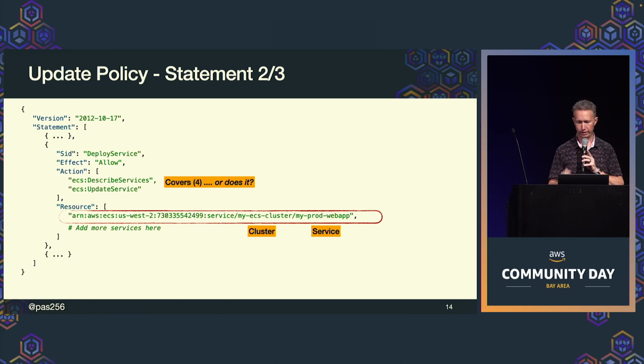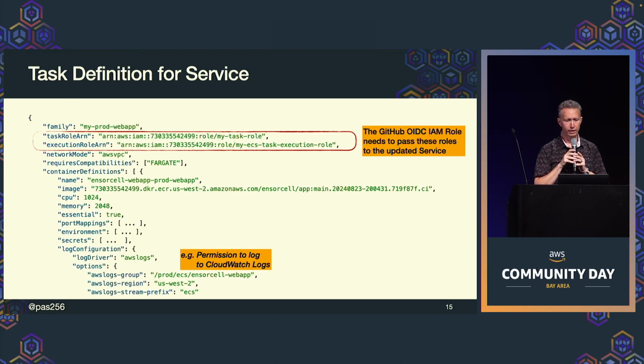If you take a look at your task definition, there's a good chance that you'll have either a task role or an execution role that is running as part of your ECS task. These are the permissions that are needed by your application to go and talk to AWS services, or by the ECS agent to, in this case, log to CloudWatch. That's a set of permissions. And so you'll probably have one or both of these roles